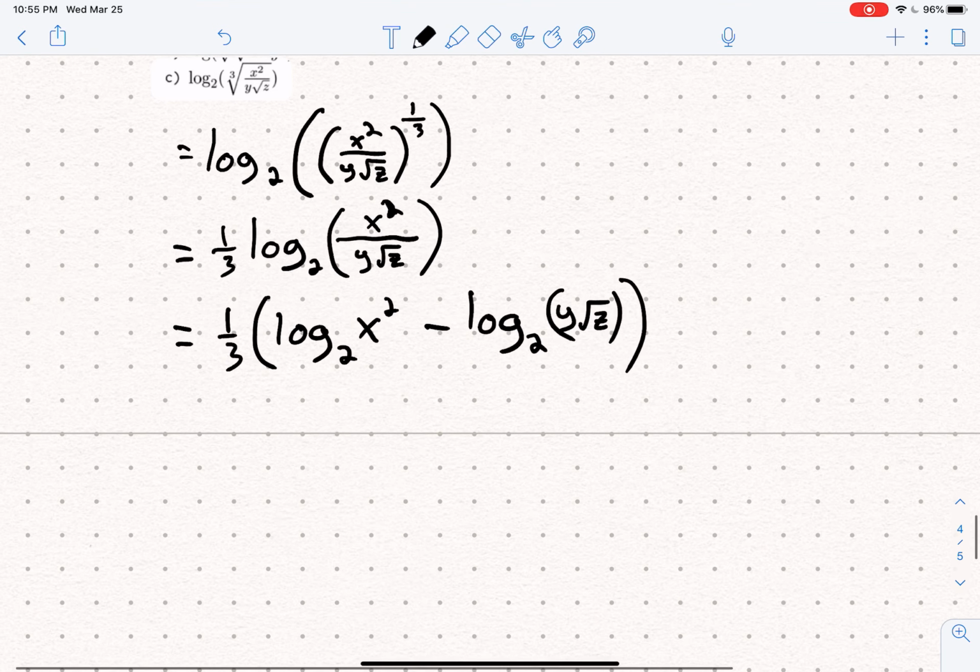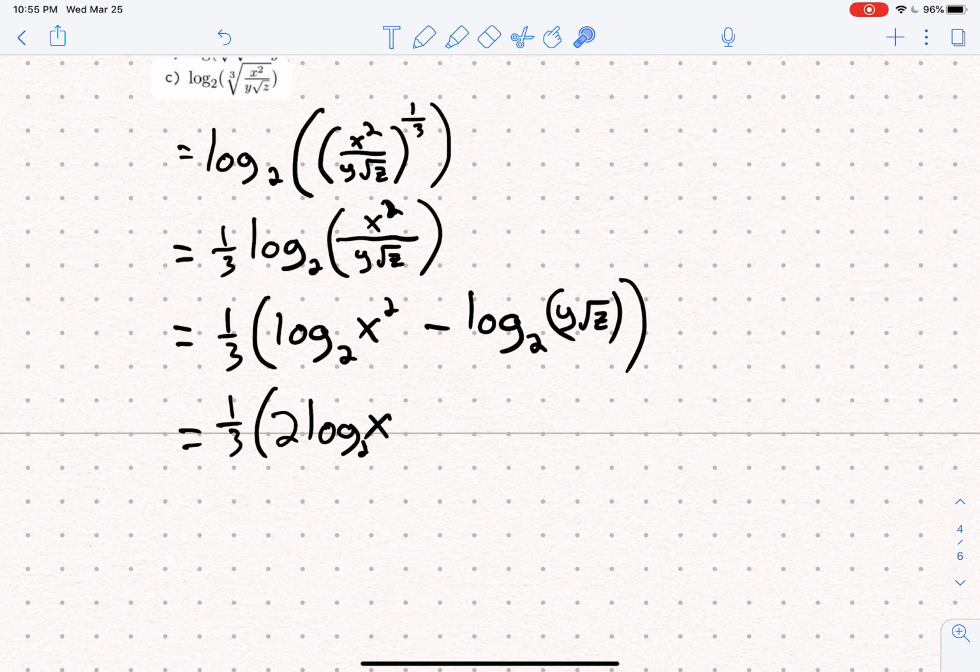Okay, we're doing great so far. There's a couple of different things that I can do here. For example, this log of x squared, I can take the squared and move that into the front. So if we start, let's see, I keep my 1/3. I have 2 log in base 2 of x. And then,